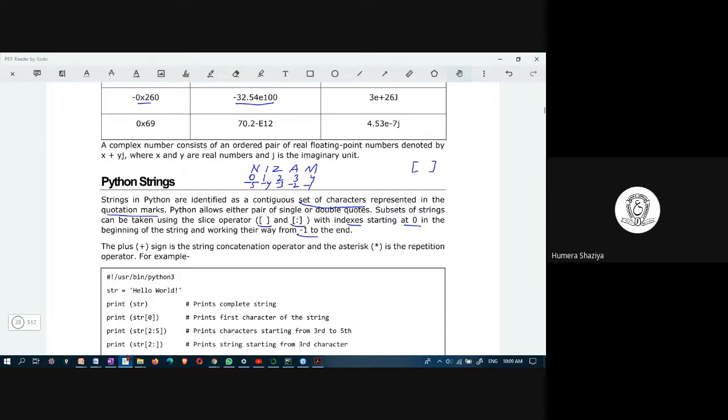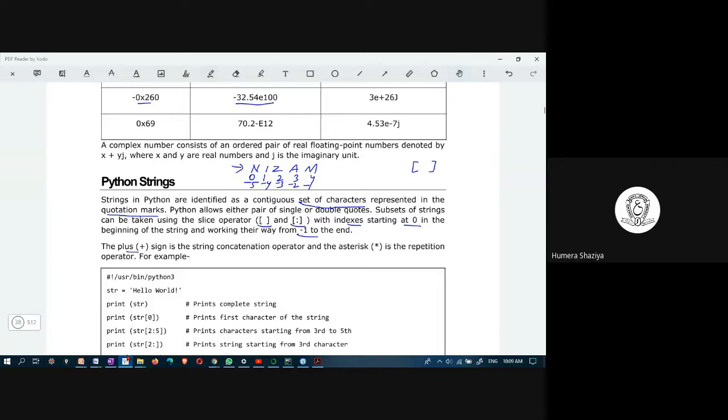It begins at 0. Do you understand this? If you have any doubt, please ask. This is a string, Nizam, and its indexes would begin at 0 in the forward direction, and its index would begin at minus 1 in the reverse direction.